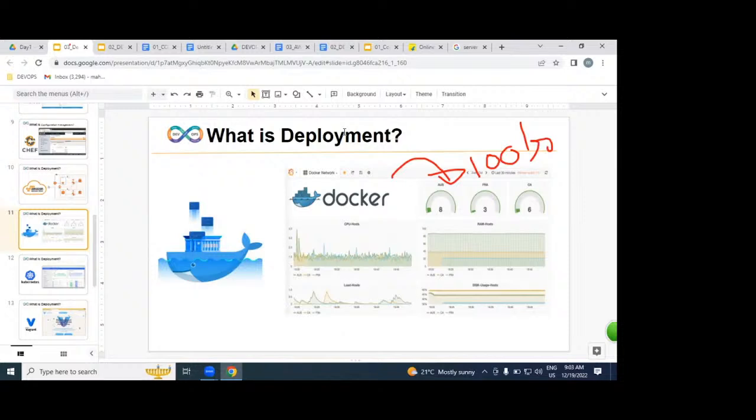What is a Docker? Docker is an isolated area which is specifically for deploying our application. That is the definition. But it is an easy way for deploying our websites. Simple word. From the definition point of view, Docker is an isolated area which is specifically for deploying our applications. Understood very clearly. Example.